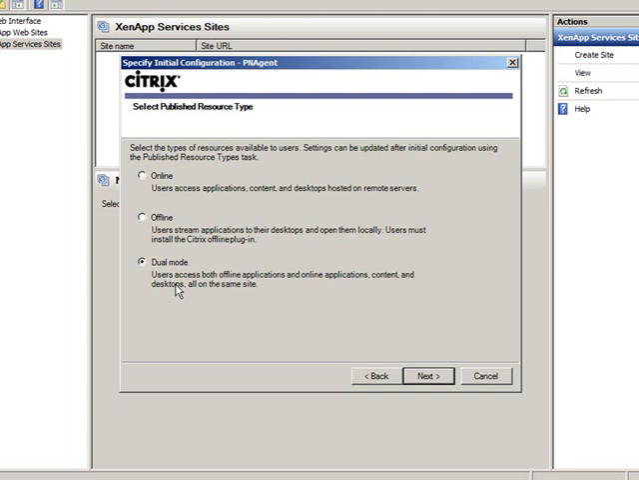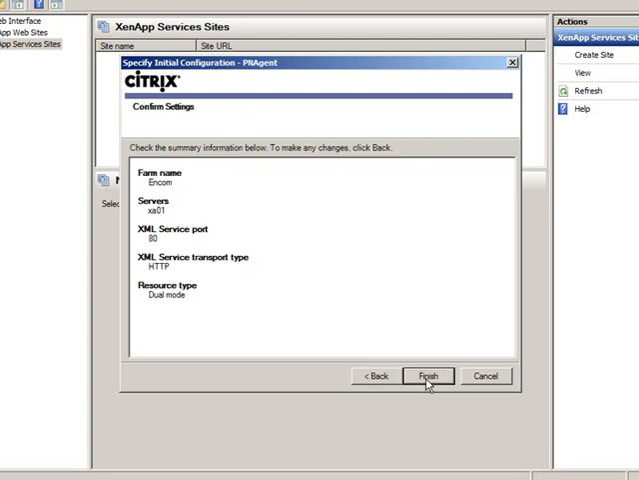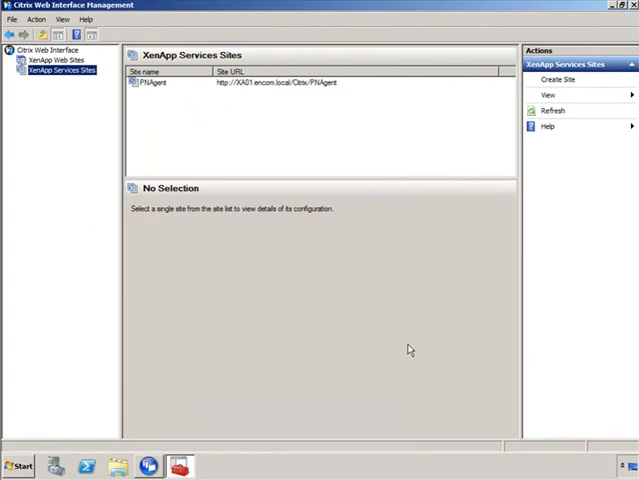So again, you can have more than one. For our purposes, we're going to go with dual so we can demonstrate both. We're going to click on Next, and we're going to click on Finish. And that pretty much configures the main configuration settings that we need in order to allow the client to connect. Now, in a later lesson, we're going to talk about how we can go into the different settings. But for now, I just want to create a framework that would allow us to connect to the PN Agent